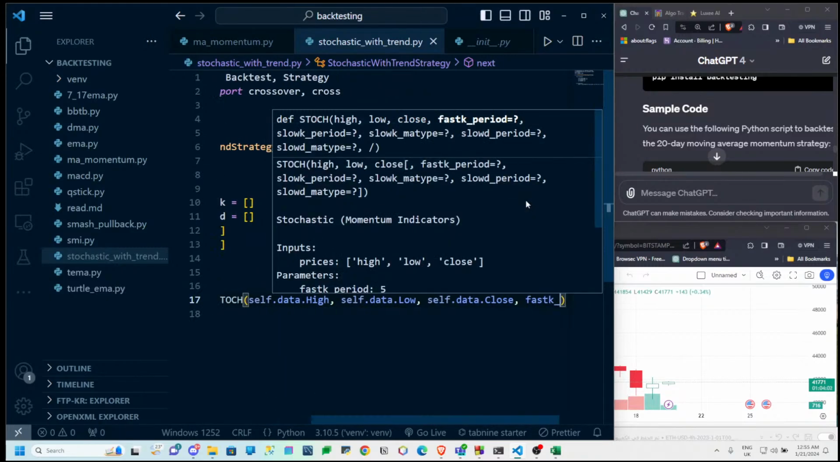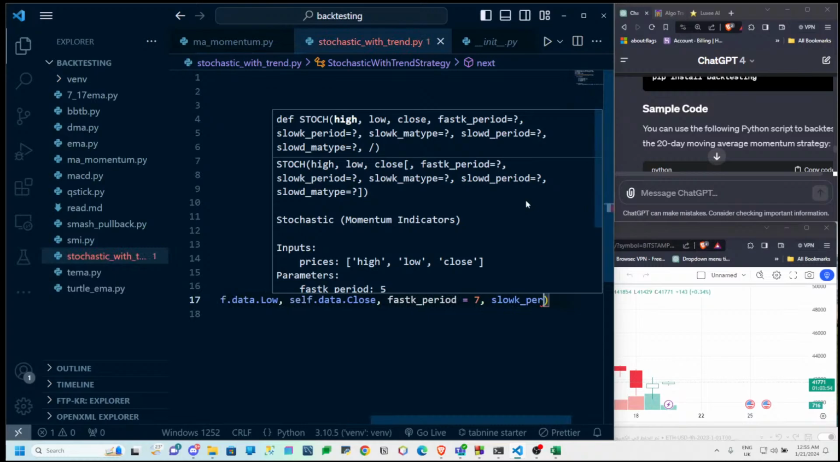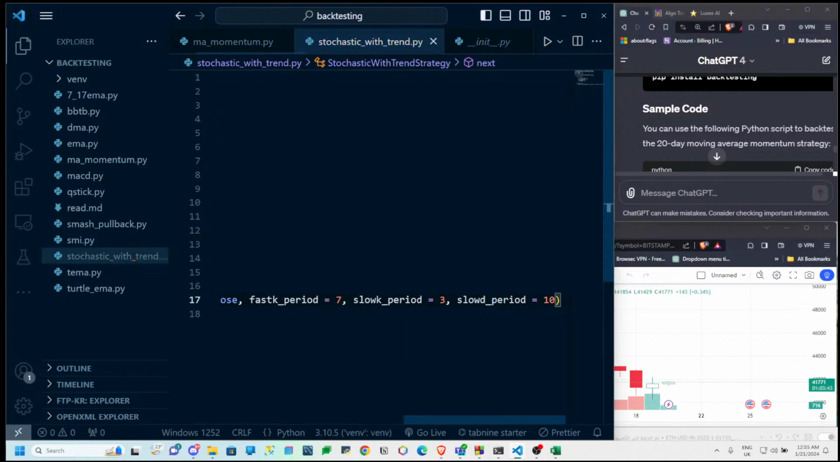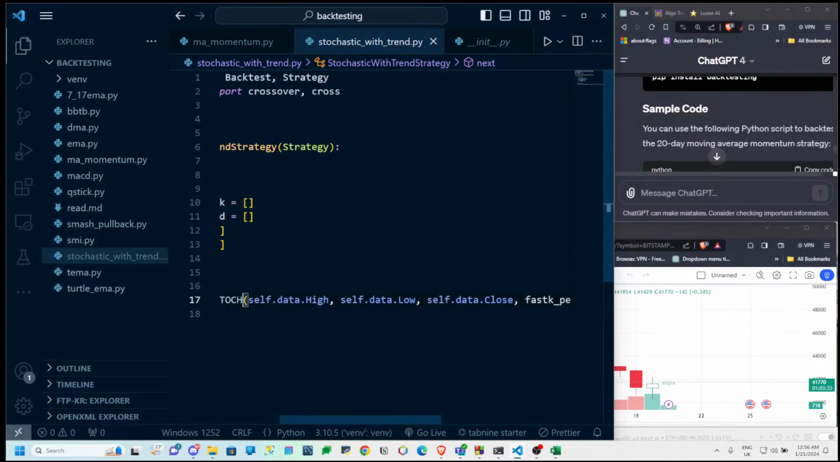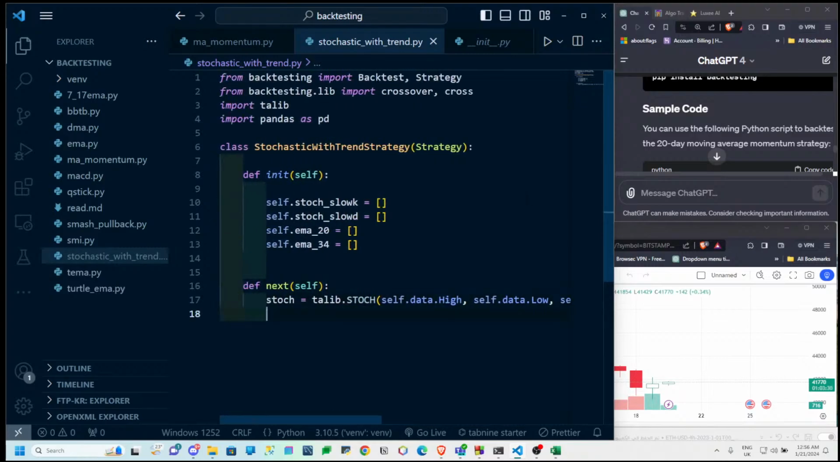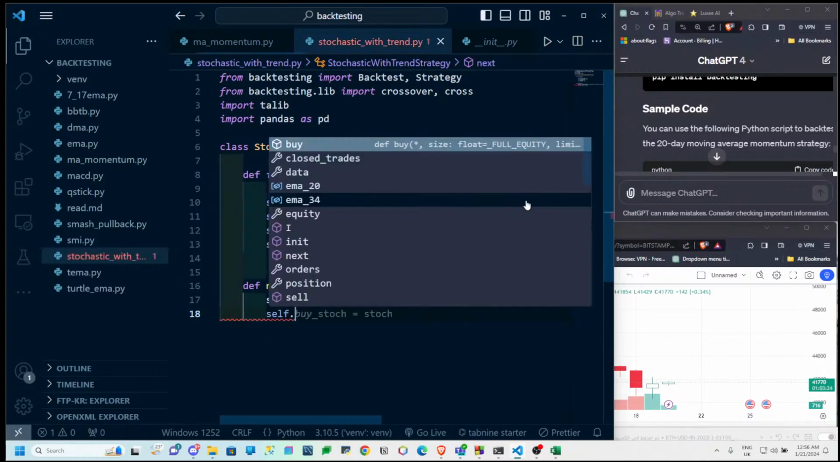Fast K period equal to 7, slow K period equal to 3, and slow D period equal to 10. Alright, so we have the fast K period, we have the slow K period, and we have the slow D period. Alright, this is my indicator. So I'm gonna initialize the slow D,